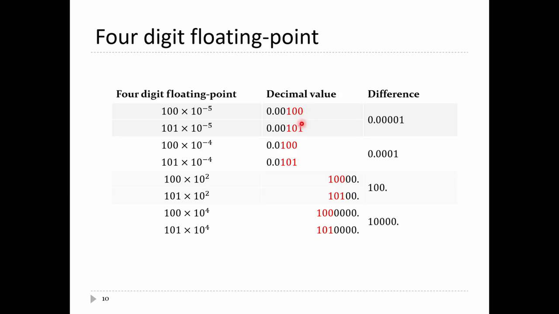But if you pay attention to what's happening in the last digit, because our digits start with an integer, adjacent numbers always differ by 1 in the last unit. So in the digit on the far right, they always change by 1. So the next value would be 102 times 10 to the minus 5, and that would be 0.00102. And so the distance between adjacent floating point numbers is always 1